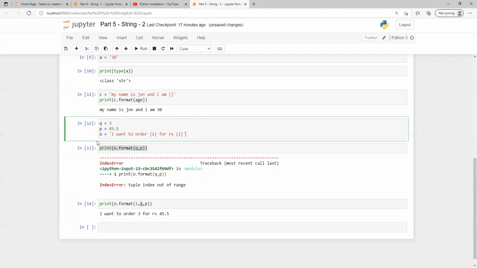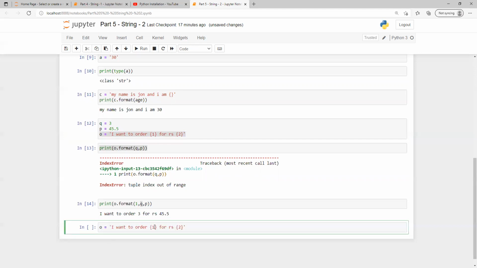In a similar way, suppose I wanted to pass the same value for all of them. So I wanted to pass 0, and here also I wanted to pass 0 only, not anything other than that. And then I wanted to print it, and in this case now I will pass two things.